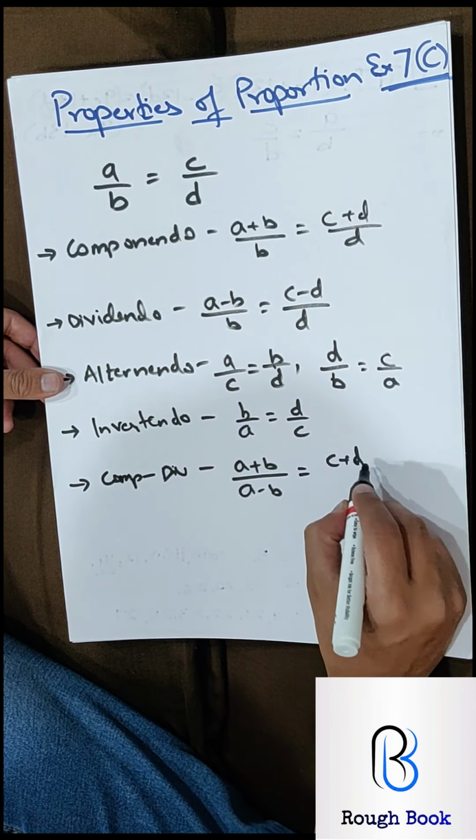So there your question is. Now this is slightly different. This is not componendo dividendo. So we will do this one and then the next one we will go to componendo dividendo. This is given to us, b square is equal to AC. Basically they said that ABC are in continued proportion. So if it is continued proportion, then b square is equal to AC, and this is what we have to prove.